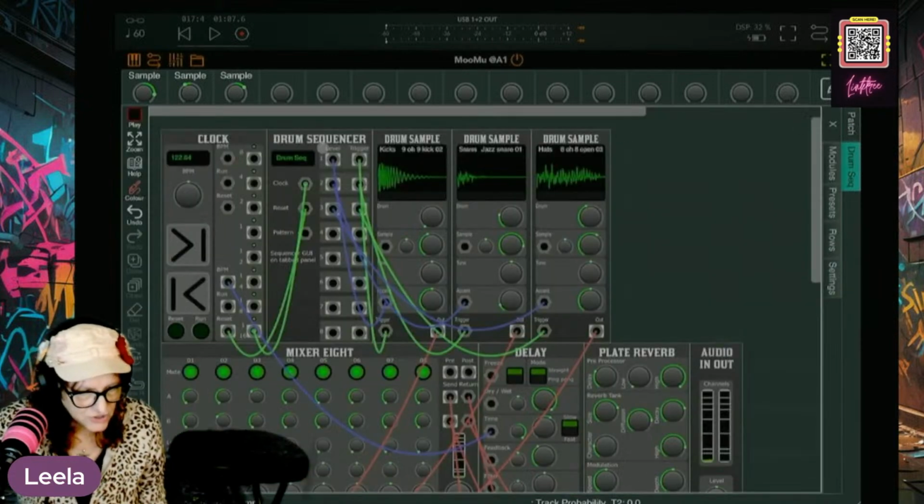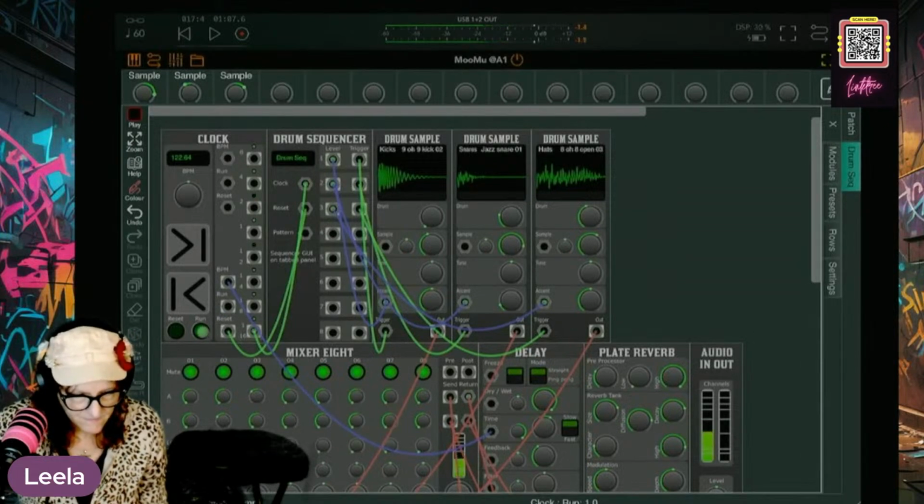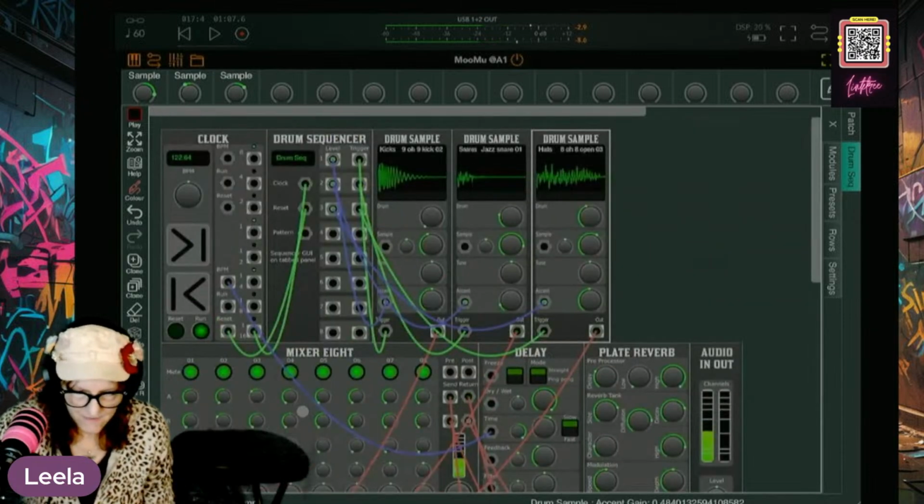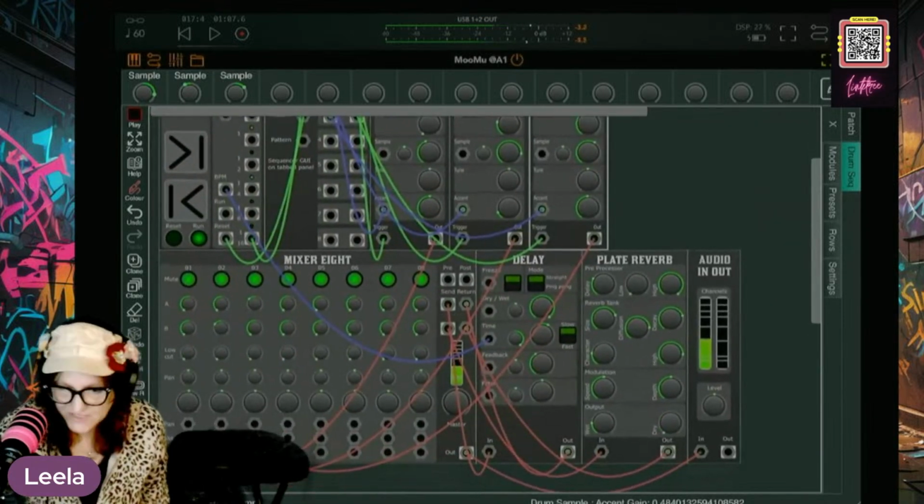Back to patch. We'll hit run. How many do we have? Yep, we still only have 3.